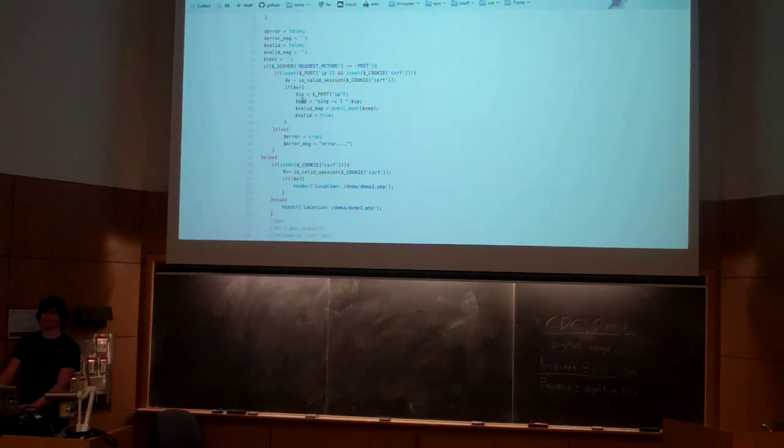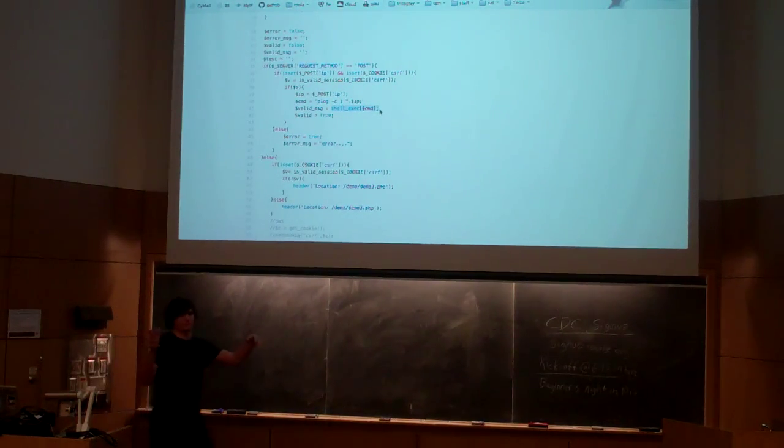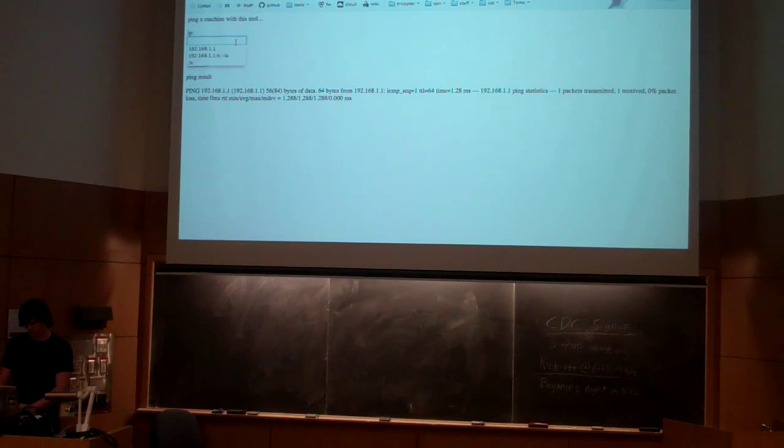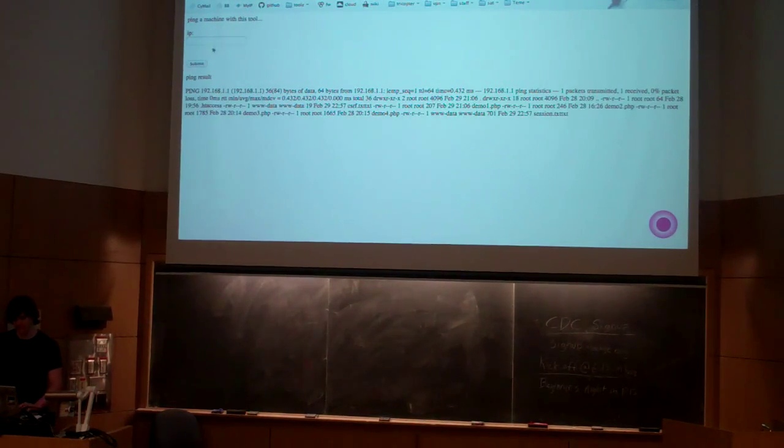Now this command becomes possibly tainted with user input. And then I just run shell exec on this, which is just like if you were in a Linux command prompt, right, or a command shell, and you just type this whole thing in there and hit enter. That's exactly what this PHP code is doing for you on the back end. So I can do fun things like this and list all the files in the directory, or